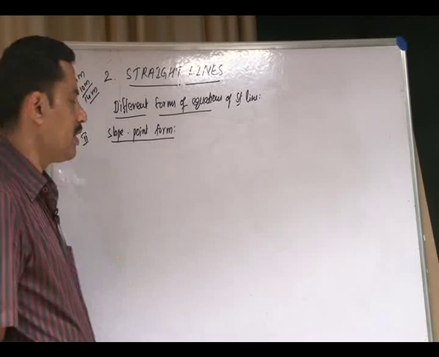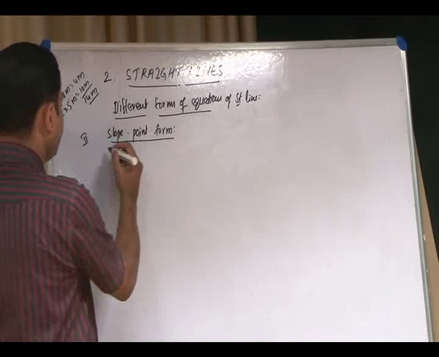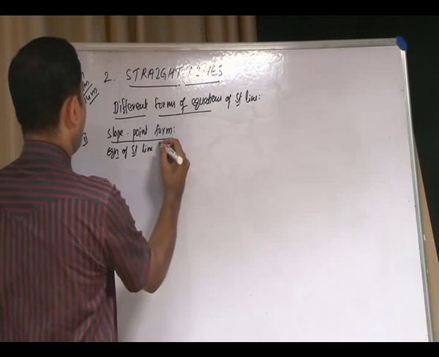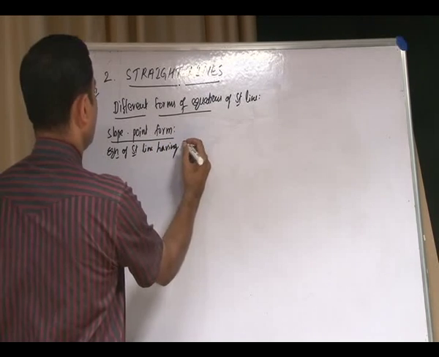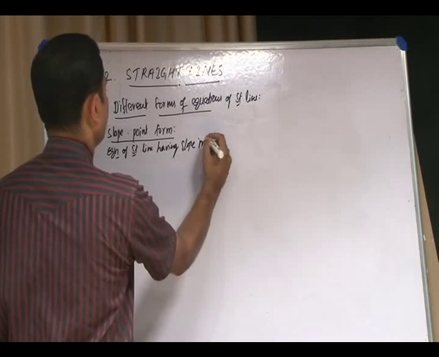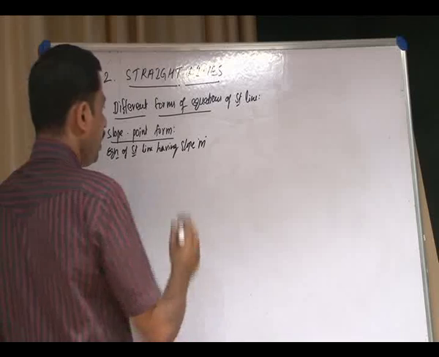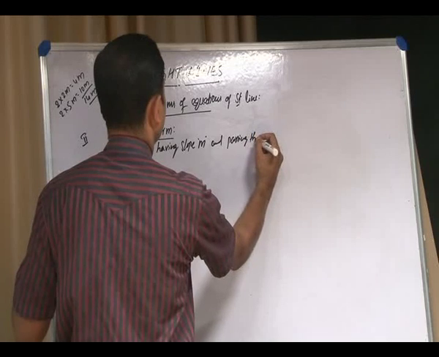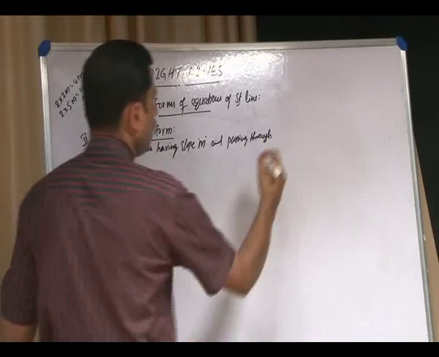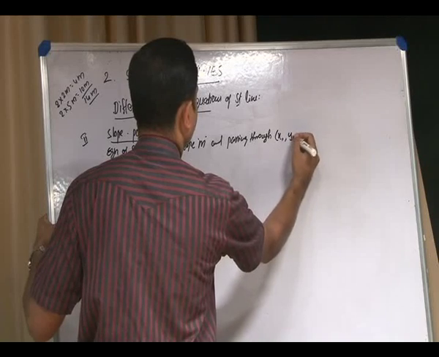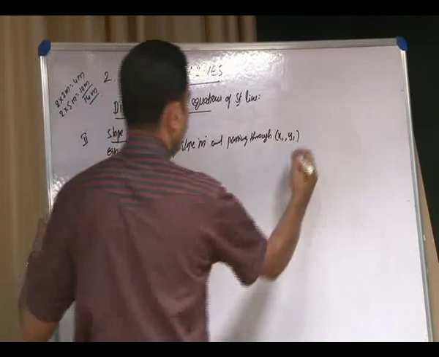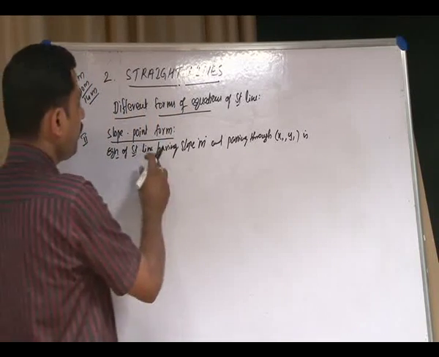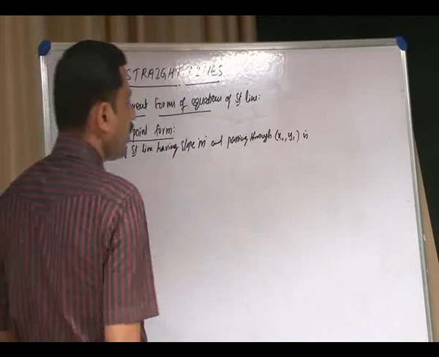So, slope point form means the equation of a straight line having slope m and passing through the point x1 y1 is given by